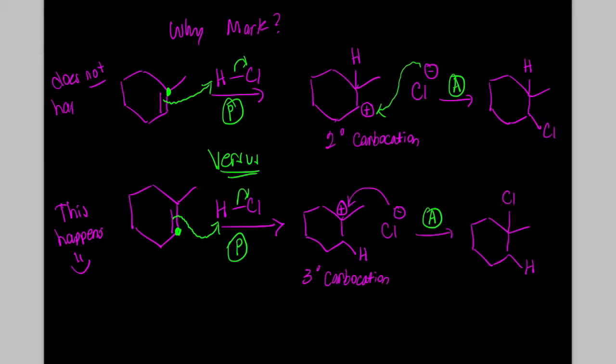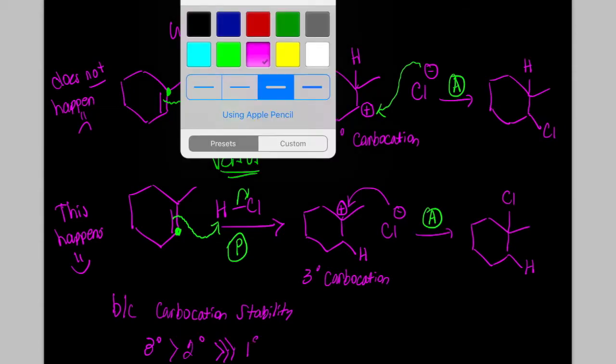For some reason, something's unhappy about it. And it comes to the carbocation stability. Remember that tertiary carbocations are more stable than secondary carbocations, and we don't form primary carbocations in this class, okay? If we were to depict this with a reaction coordinate diagram,